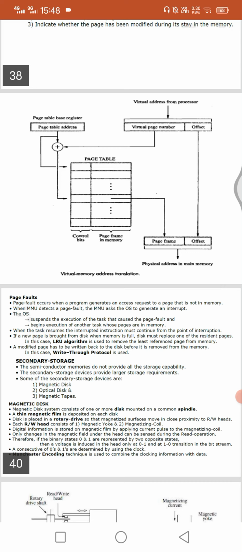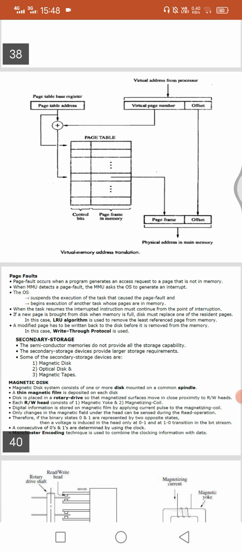Then the OS creates an interrupt signal, because the page fault arises here. The OS suspends the current execution of the instruction or program, and continues with the next instruction or next task whose pages are in memory.